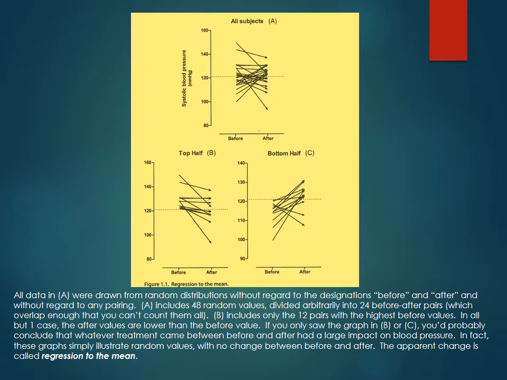Looks kind of scattershot. It's kind of hard to say, right? You can't really make any conclusive assumptions just based on that first graph. If you were to take just the top half of values, what do you notice with the treatment then? Generally goes down. Tends to go down, right? But then if you look at all the bottom values, what do they tend to do? Tend to go up. Yeah, so everything kind of tends to go back to the mean.